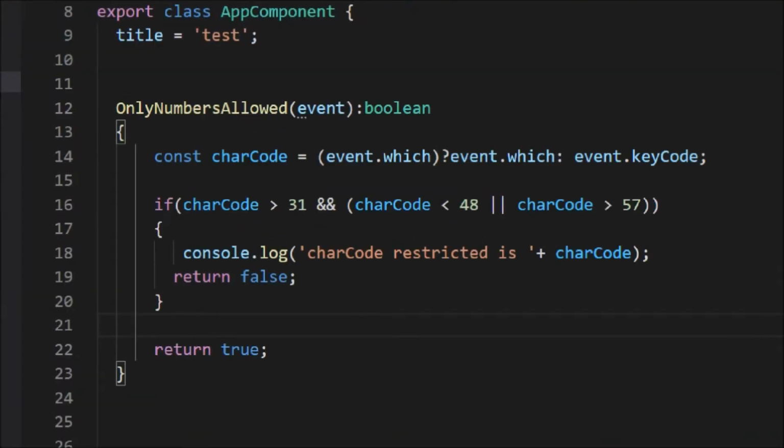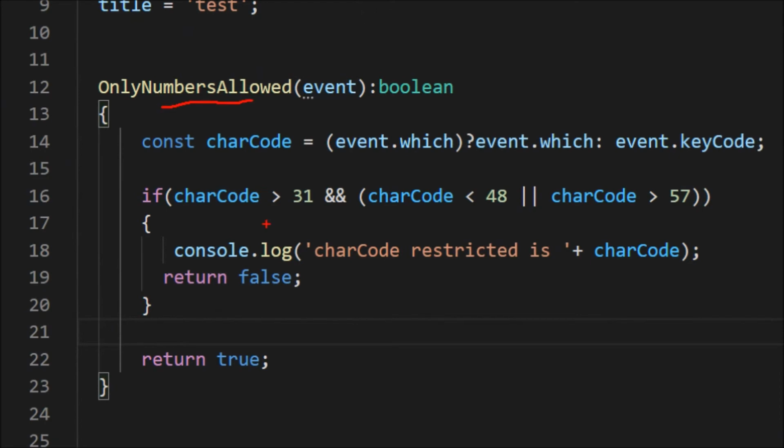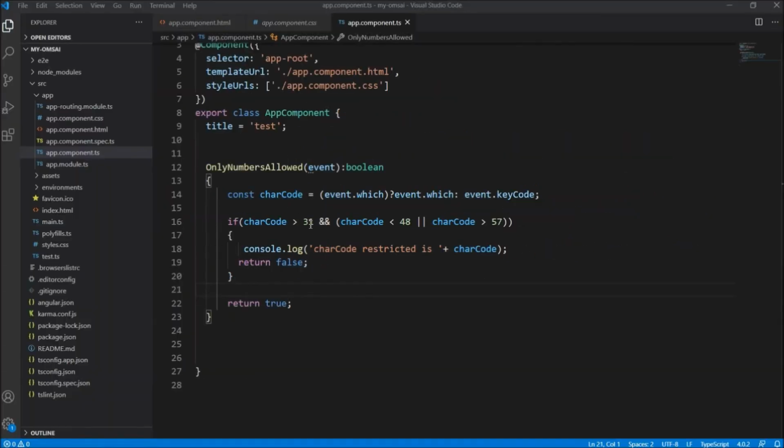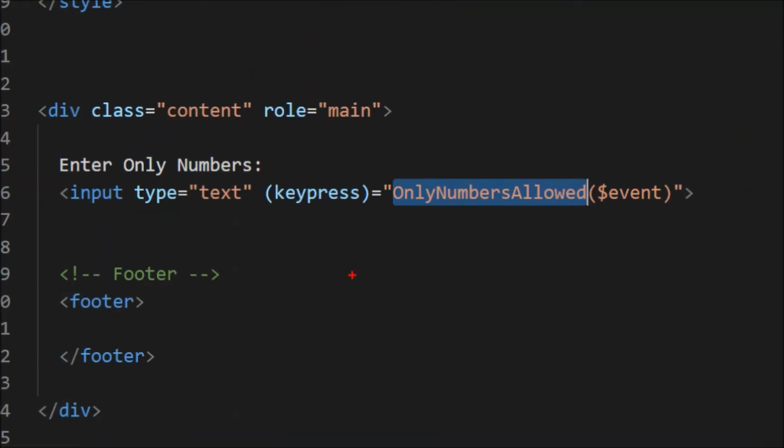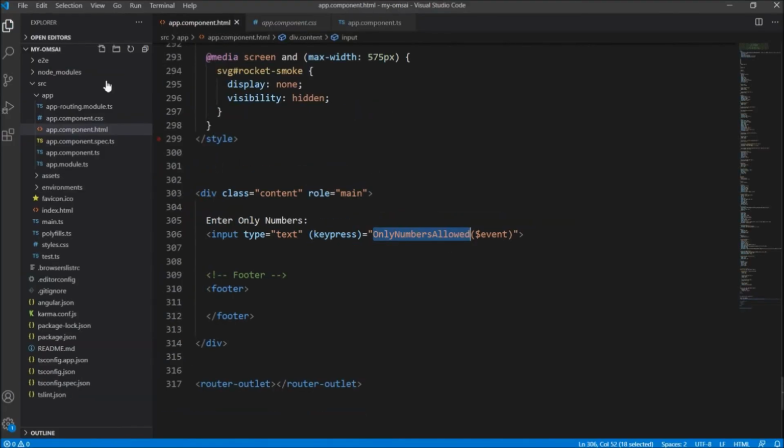So you can see it's a simple function which is restricting any other character which is not a number and allowing only numbers. And in the HTML, we are just calling this function on the keypress. So let's run this.